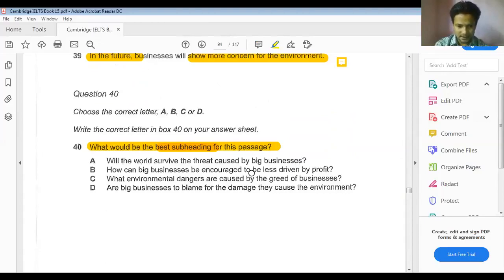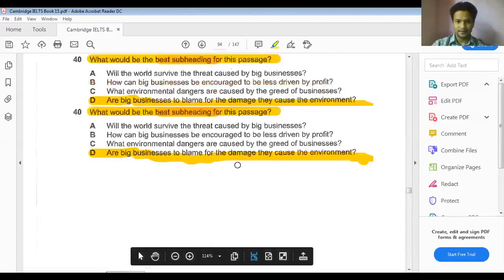It seems somehow tricky. Are big businesses to blame for the damage they cause the environment? Yeah, it talks about what environmental damages are caused by the big businesses. Are big businesses to blame for the damage? Yes, exactly. It is more suitable. This D one is more suitable. So